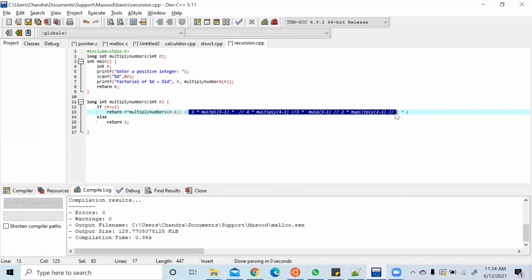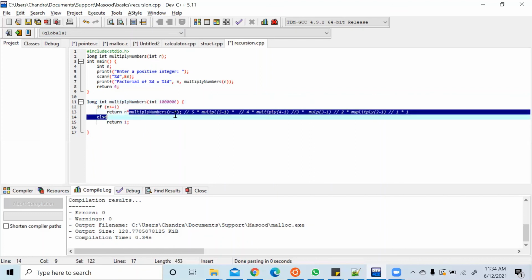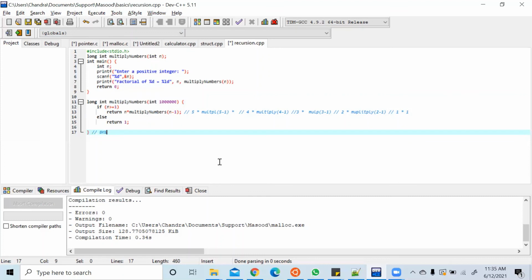Are you understanding this? Yes, sir. What happens is, consider I gave a number 1 lakh. Then this function will get called 99,999 times, and it tries to store the address in the stack multiple times. So the stack has a limitation of actually 8 KB. So it exceeds the 8 KB, and an issue called stack overflow occurs. The program crashes with stack overflow. So recursion leads to stack overflow.